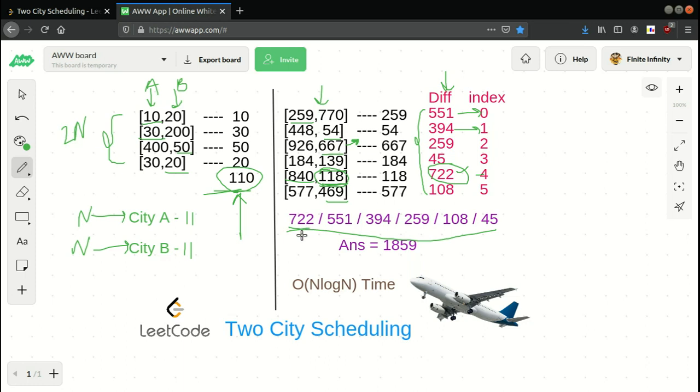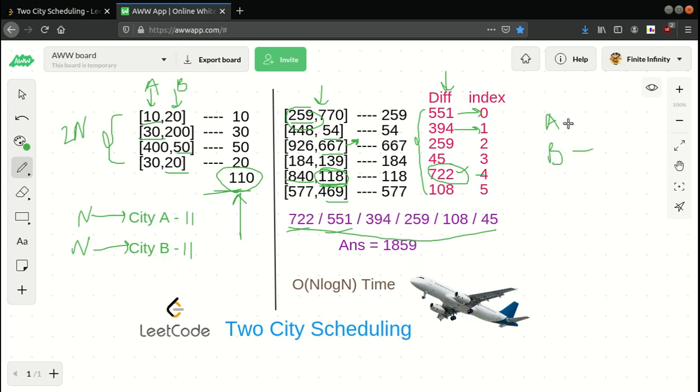So first of all, for 772 the person will go to city B. For the 551 difference I'll check its index, and it belongs to index 0. So in this case I can send that person to city A, and I will also keep the count of the cities.